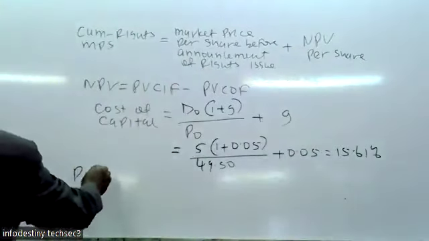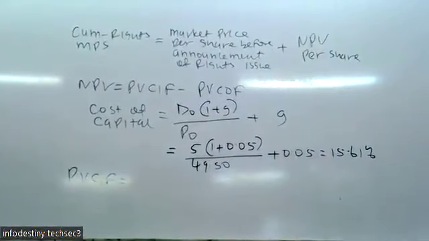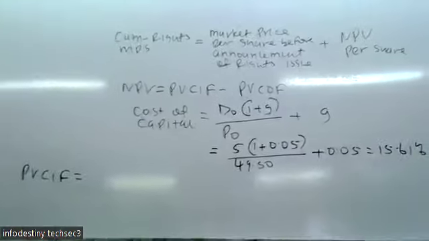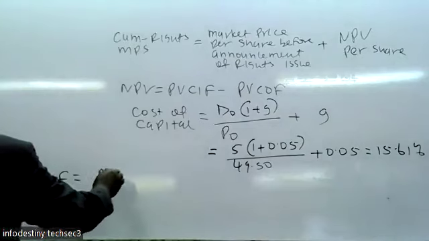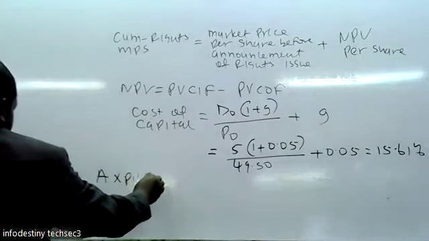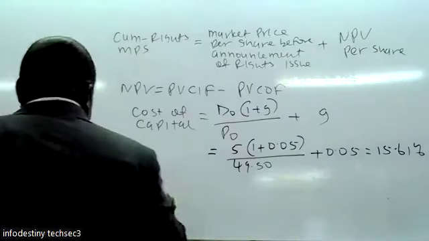So present value for the cash inflows. To get now the present value of the cash inflows, the present value is supposed to be given by, you take the annuity multiplied by the present value interest factor for the annuity. Now the cost of capital is